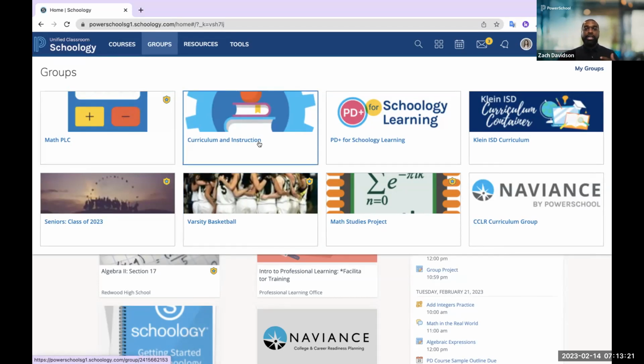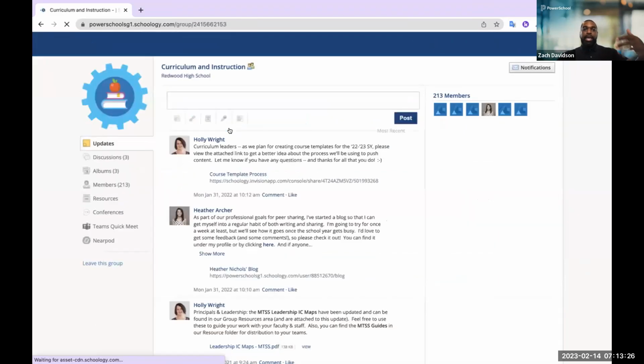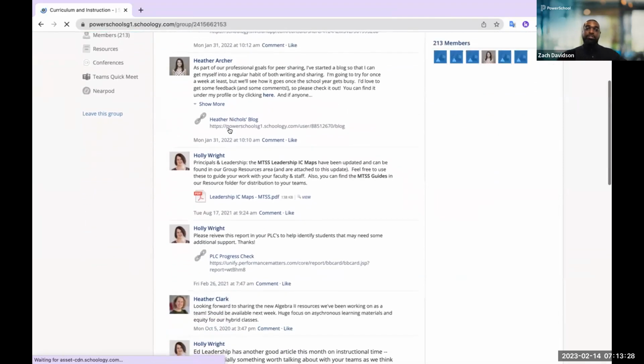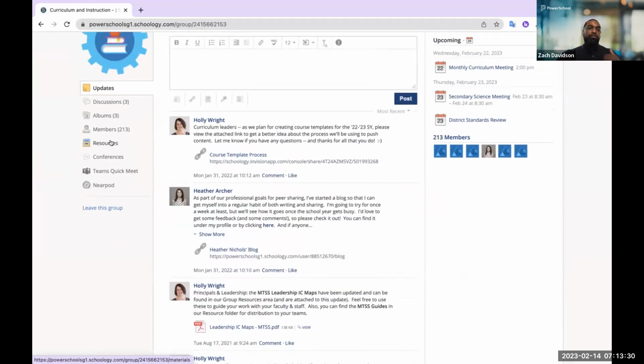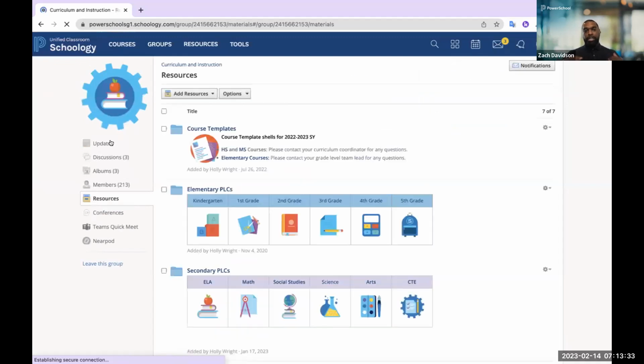She's also a part of the Curriculum and Instruction Group, where not only do we have this place where we can actively communicate with each other, as seen here, outside of the classroom, but it's also a great way to think about building adoption and sharing resources. We'll talk more about this as we move forward, but this groups area is a great place to think about building best practices, whether that's a full-on course or individual assignments, right? And now we can think about best practices being leveraged as common practice throughout the entire district.